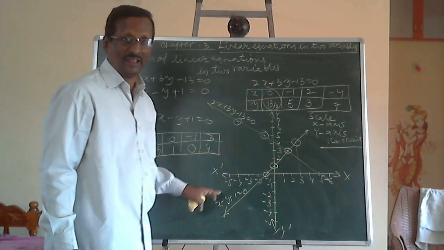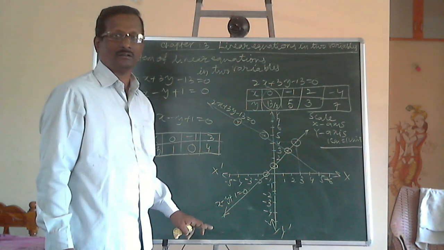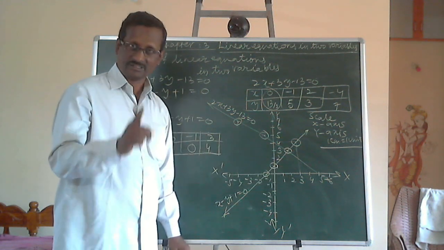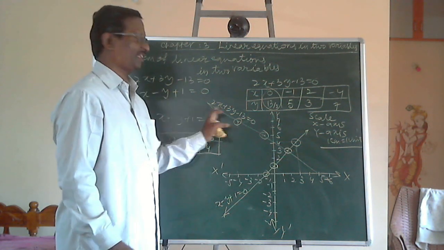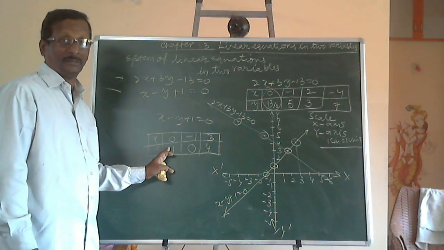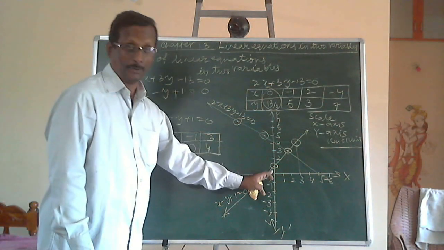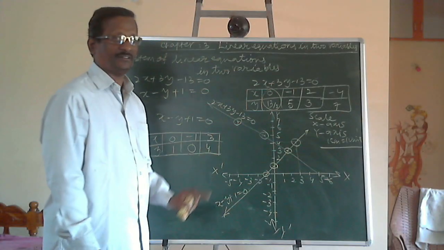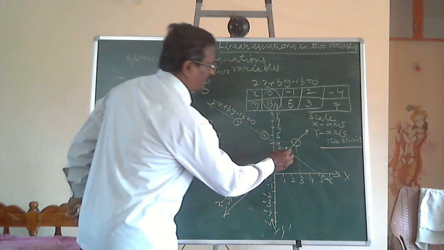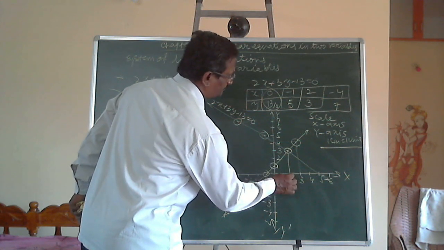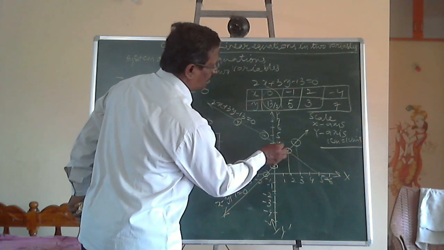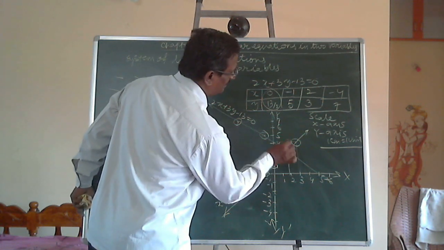Mark the points on the axes. For the graphical representation, take 3 points and draw a straight line. First plot all 3 points of one equation, then draw the straight line and write the equation. Afterwards go to the 3 solutions of the second equation, plot, draw the line and then write the equation. Last but not least, from the point of intersection, draw a vertical line perpendicular to the x axis, and draw another perpendicular line to the y axis. This is the common point.